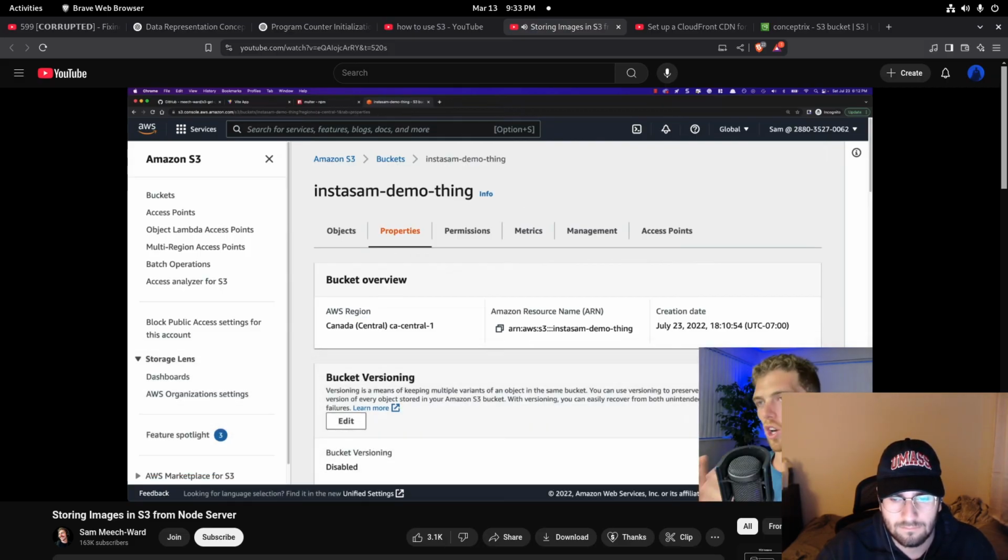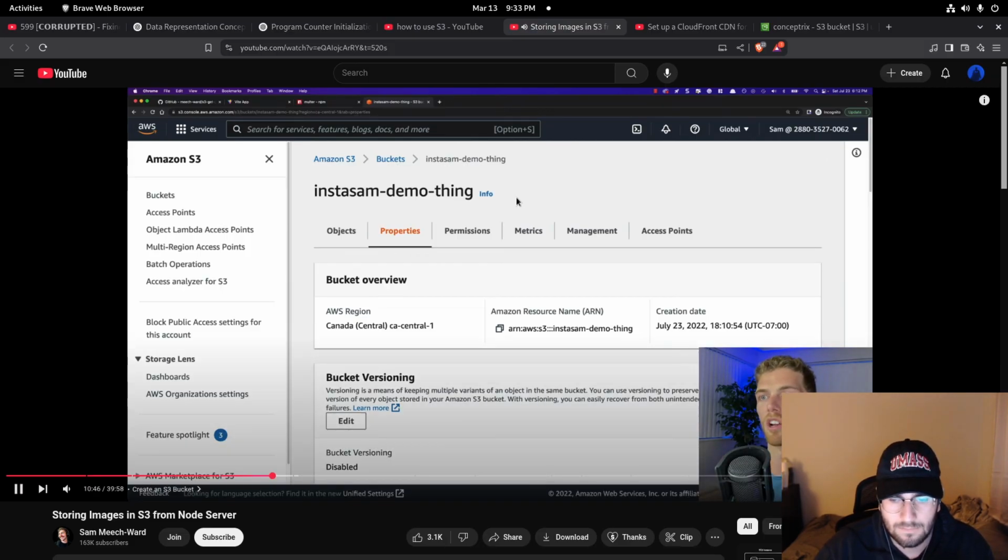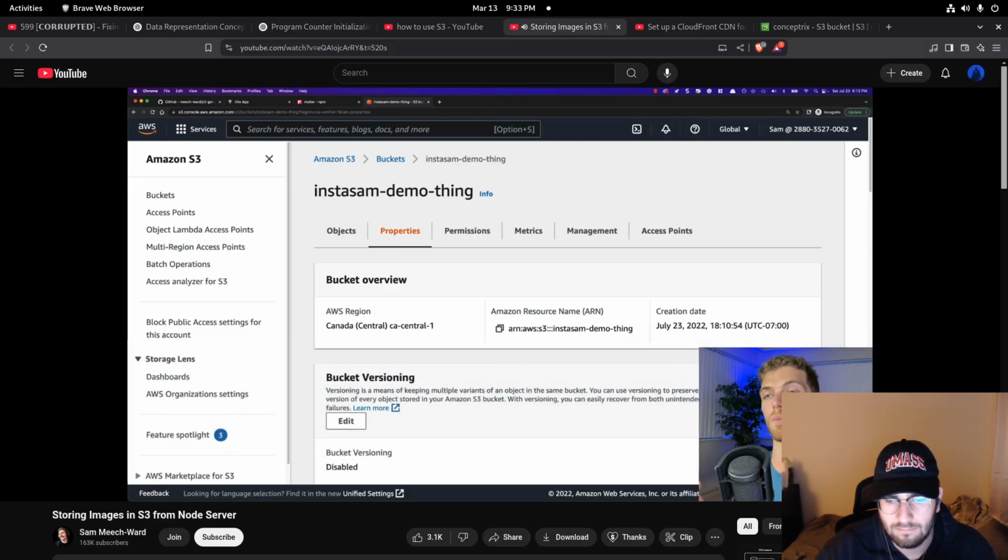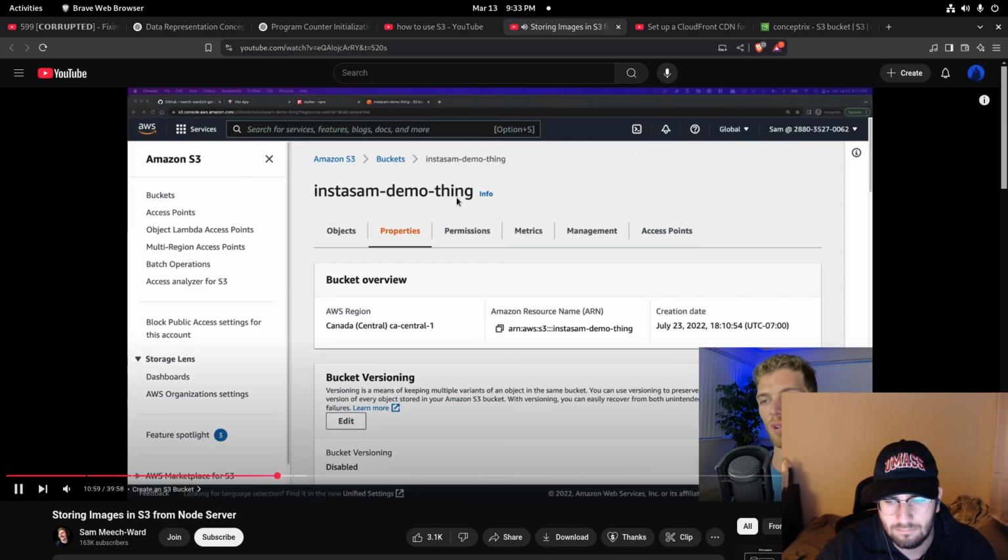We can't run any code on it. We just store files on S3. So we're going to have our web app that's going to be deployed to the web. Every time it needs to store a file, it stores it in S3, and it will just scale up to as many files as we need, and it's a really cheap way of storing files. It's also necessary to use something like S3 if we want